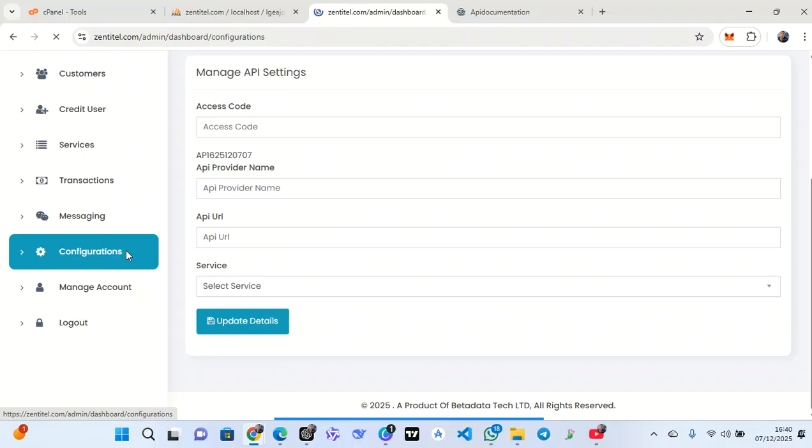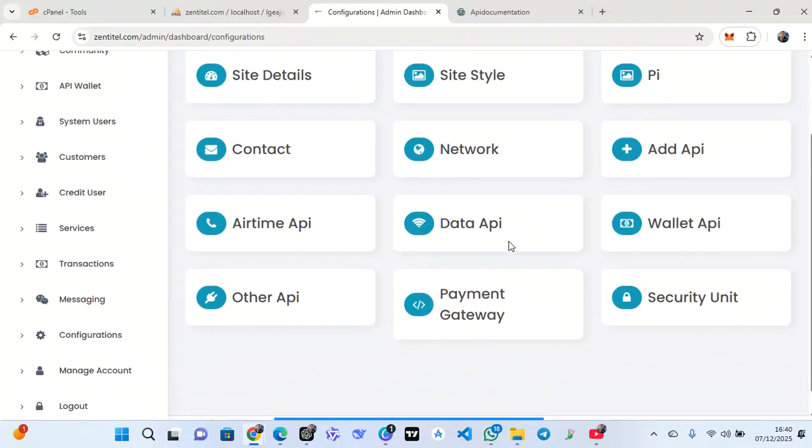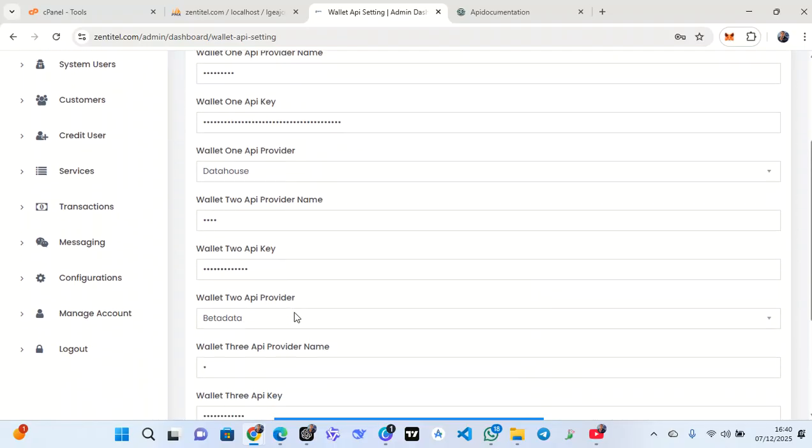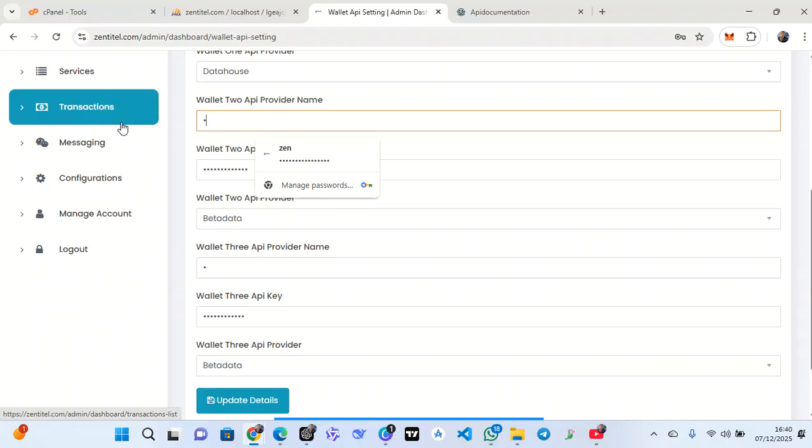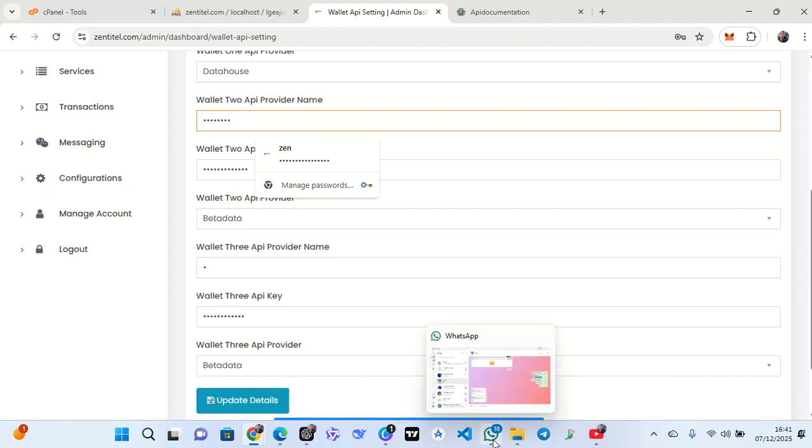This is configuration, right? If I click on configuration, let me click on this wallet API. After I have clicked on this wallet API, this is the wallet API key, the wallet API provider. Let me write the name of the provider. The name of the provider is just Betadata. Betadata is the name of the provider. Don't forget,